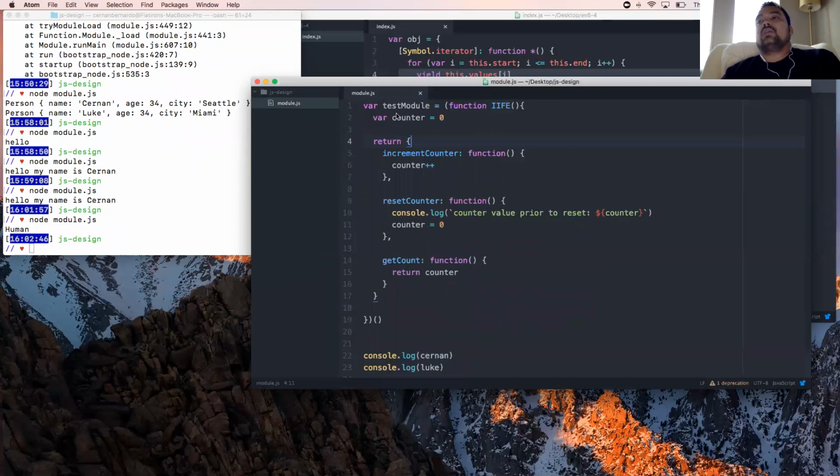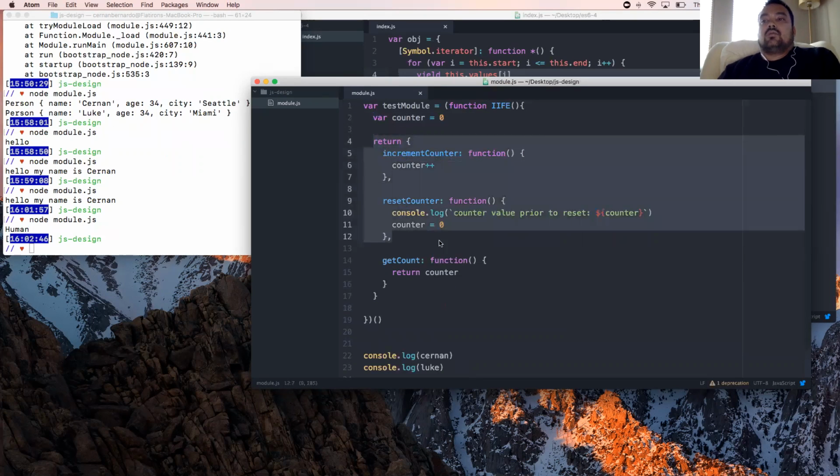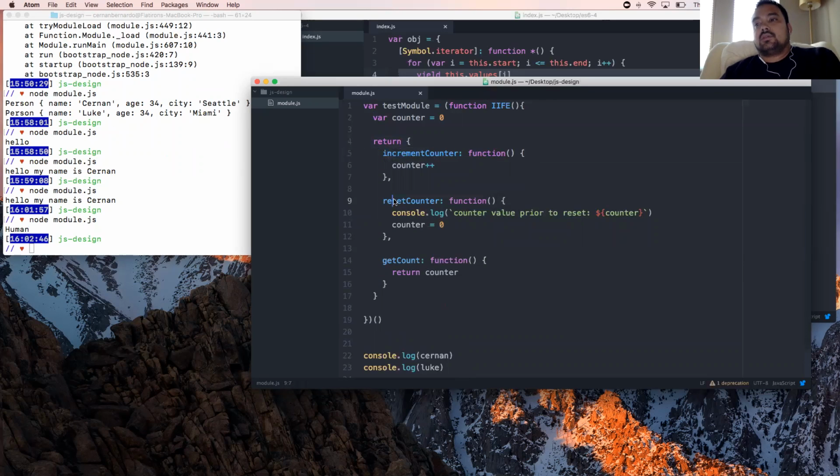So again, the revealing module, or the module pattern, is returning a huge object with all the different methods that you want. And these methods have access to the private scope of this function. So while you can't access those variables outright, you can utilize these methods to access those variables. But one problem with that is, let's say you wanted to,